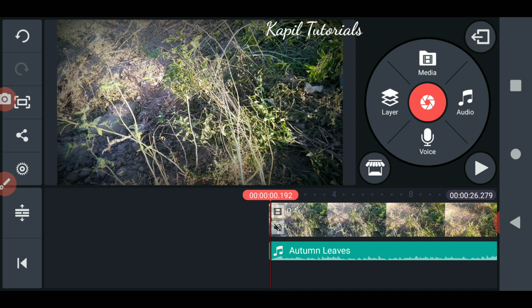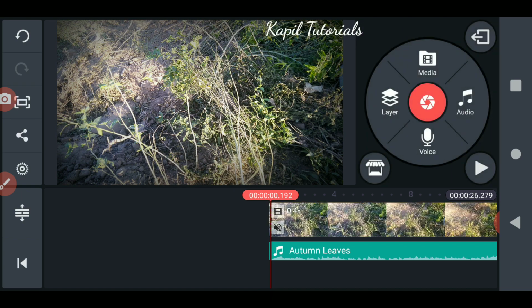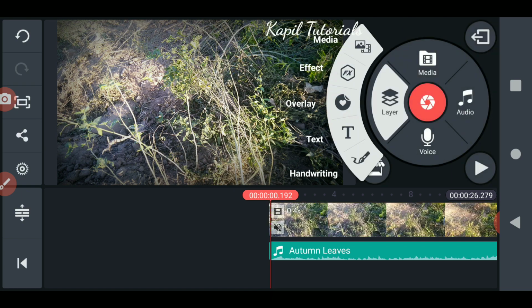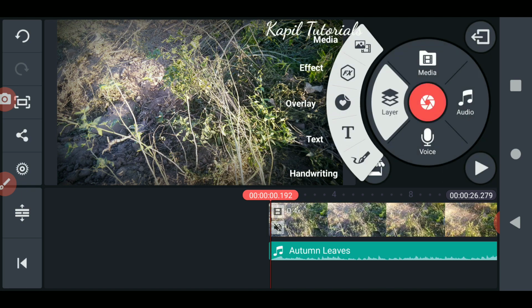Today you have learned how to add audio effects, how to control the audio, and how to add some video effects. A simple method is you just have to add the effect, and you can directly add the effect and just do the settings according to your need and just see the change. One overlay effect is also there. I think I could cover that also. Again, simply you have to make a new layer, click on overlay.